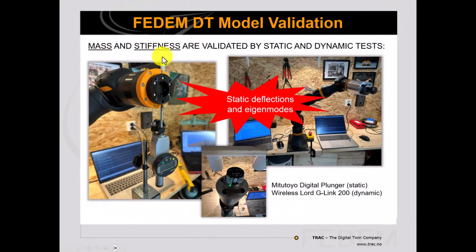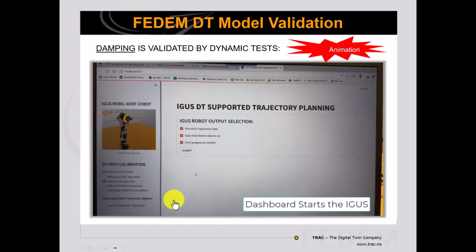The mass and stiffness distribution of the digital twin model was validated by both static and dynamic tests. I used load accelerometers to verify the eigenfrequencies of the robot, and I used this digital plunger to calibrate the static deflections due to gravity, and the accuracy was 0.1 millimeter. The model damping was also validated by dynamic tests,